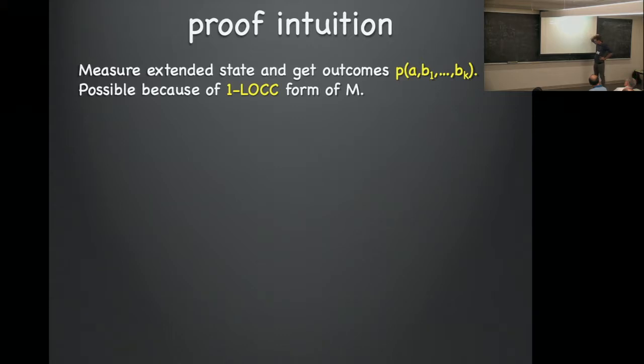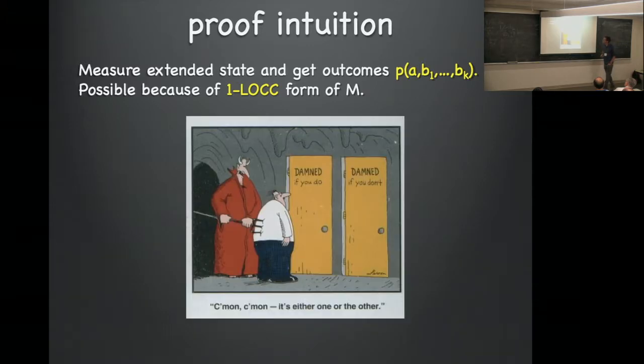Any questions about this? We don't have to consider the mutual information between B's? No, because we're ultimately interested. The question is, do I care about mutual information between B's? So go back to this k-extendable realization here. So remember, each A B sub i matches my original marginal. And so they all have the same state. And so if I can argue that any one of them is nearly separable, and so if A and B_n is nearly separable, then I'm done.